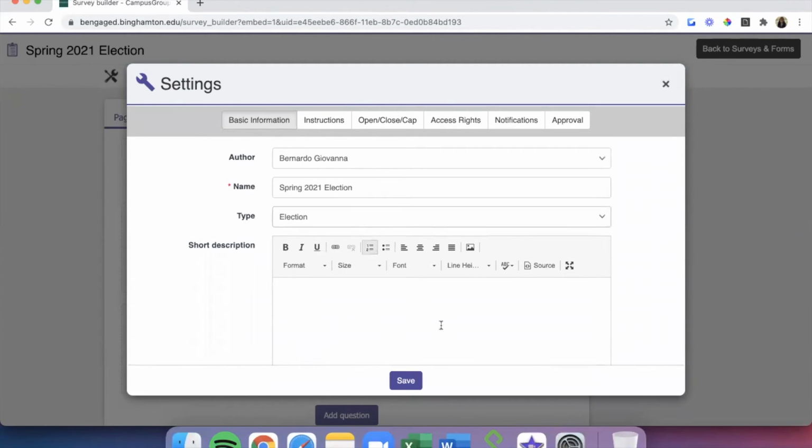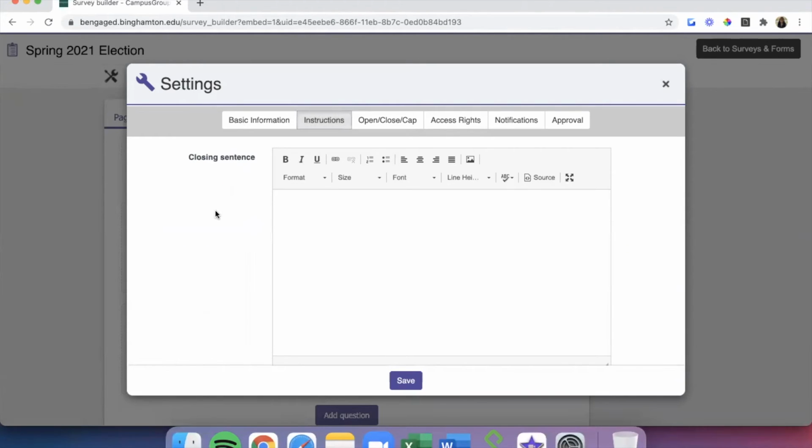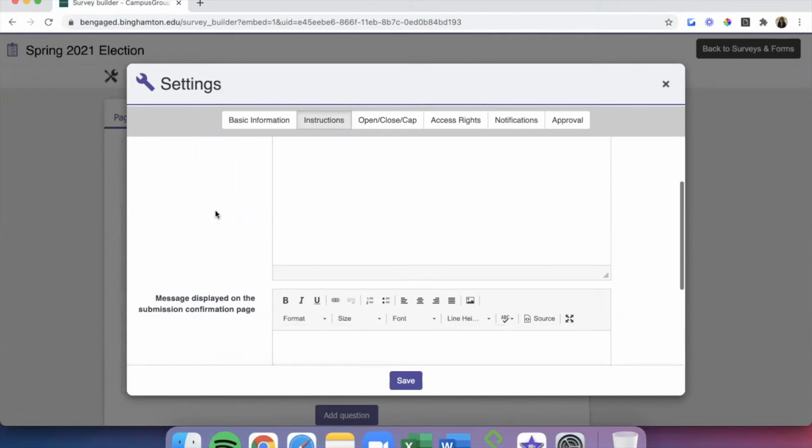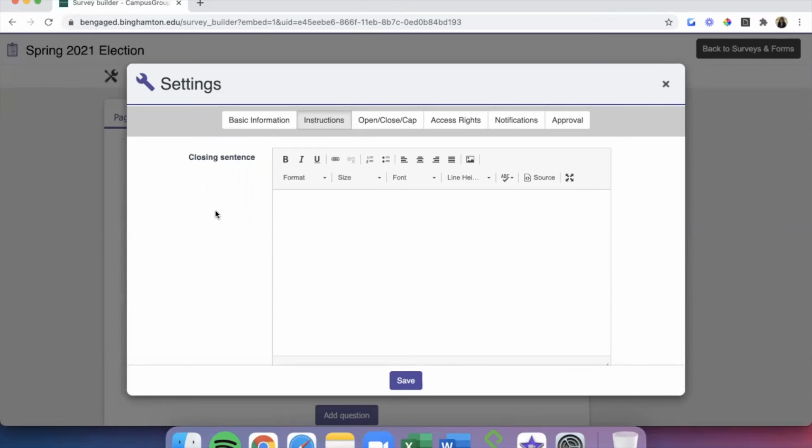Just remember to click the Save button at the bottom if you add anything here. Under Instructions, we can add more messaging, such as a closing sentence or instructions after submission. Again, if you add anything here, just make sure to click the purple Save button and you'll be set.